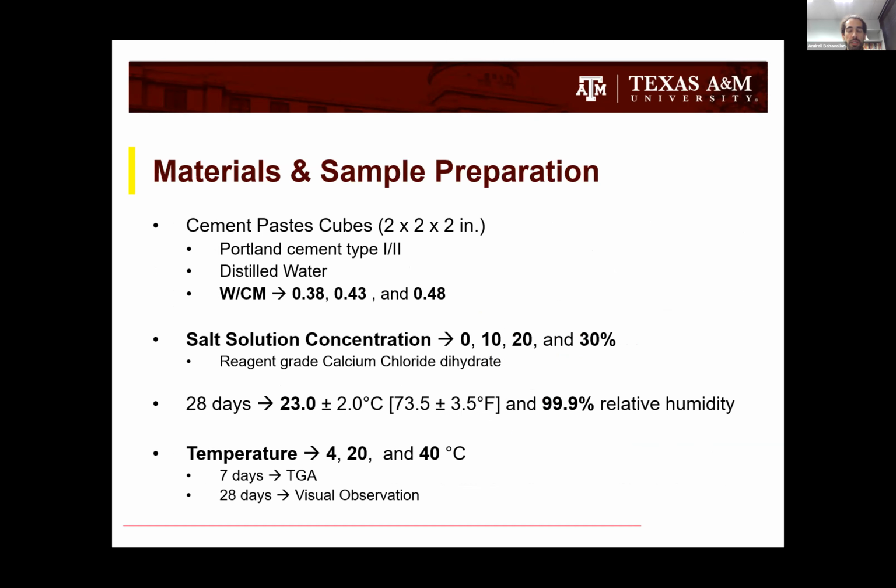The samples that we made were cement paste cubes of the size 2 by 2 by 2 inches, and we used Portland cement type I/II, distilled water, and water to cement ratios of 0.38, 0.43, and 0.48. The salt solution concentrations that we exposed our samples to were 10%, 20%, and 30%, and we used reagent grade